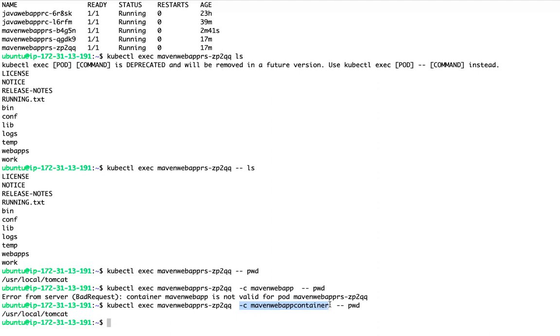You can use kubectl cp if you want to copy files from the server to that pod container. The way you have docker cp, you are going to use kubectl cp here.